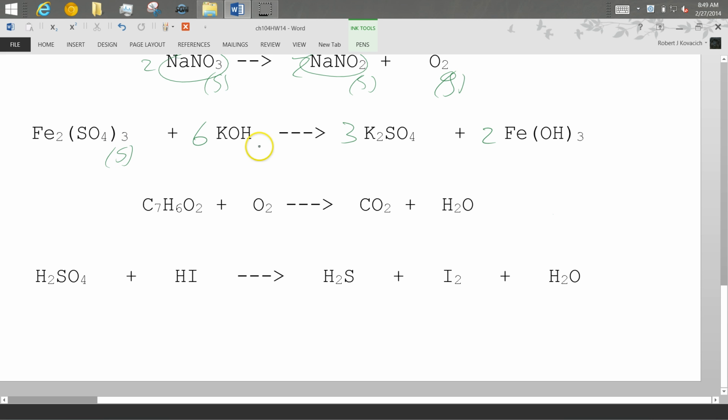So salt, solid, salt, solid, salt, solid, salt, solid. So everybody here gets circled as well. Okay,